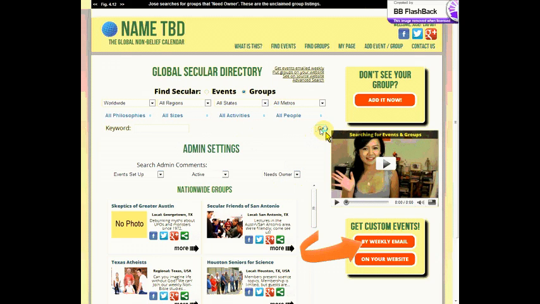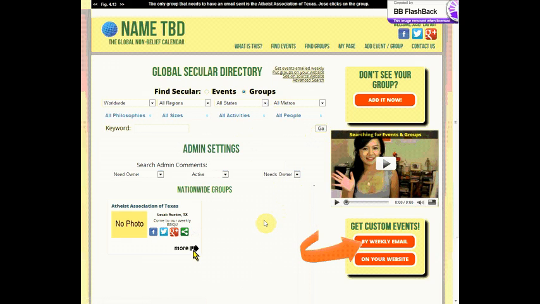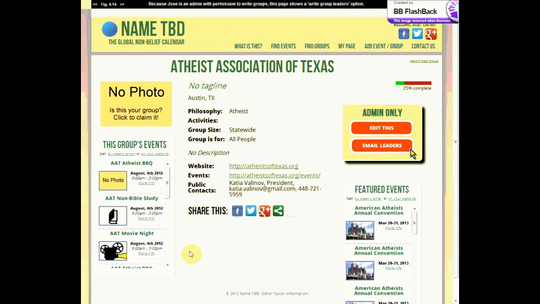He clicks go, and only one search result comes up. This is the only group in the database that needs to have contact made. It's the Atheist Association of Texas, the group that Priya just found. So Jose clicks on this and is brought to a details page where he can see information about this group,